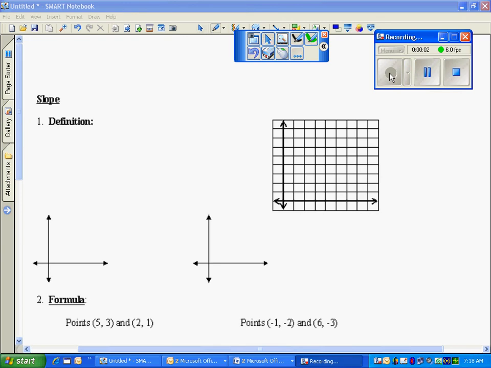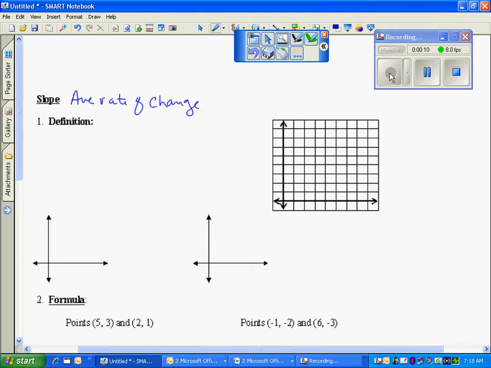Another name for slope is average rate of change. When we talk about slope, we're talking about how steep the line is, or the slant. So its definition is basically average rate of change, and it's defined by a few different directions. We can look at it